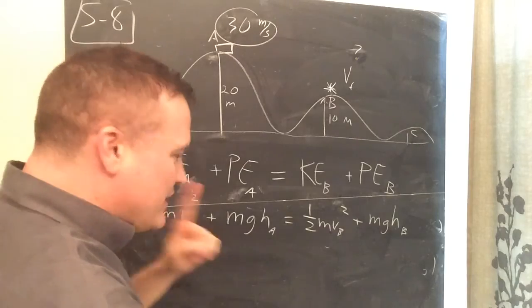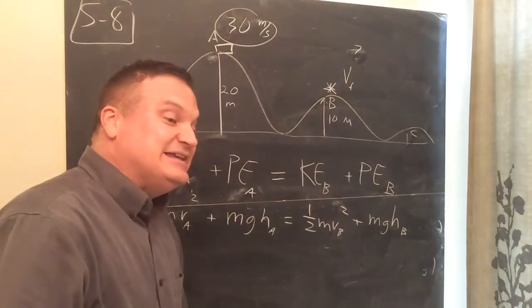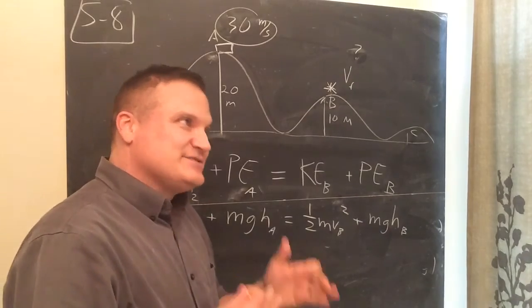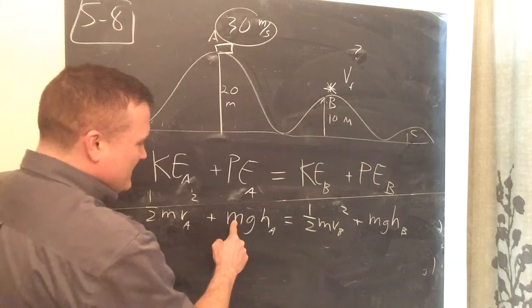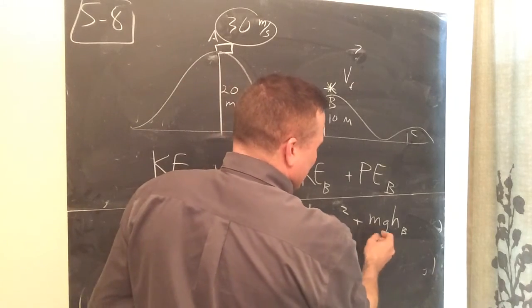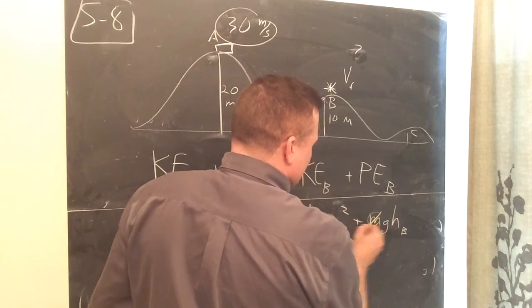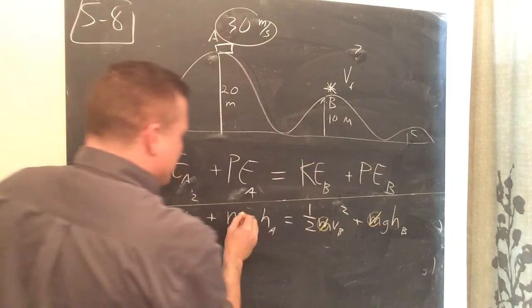Now, here's a very amazing thing you like about this equation. And this is really a neat and bizarre thing, thanks to Galileo. Notice M, M, M, and M. The mass does not even matter. And I didn't even give you the